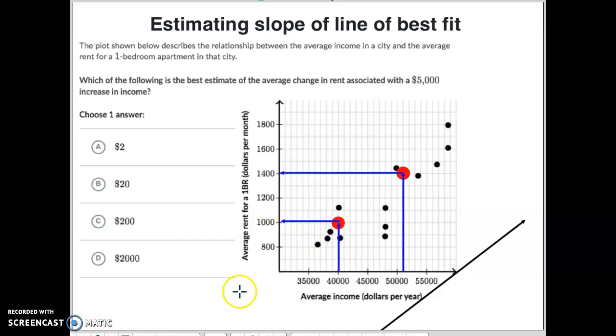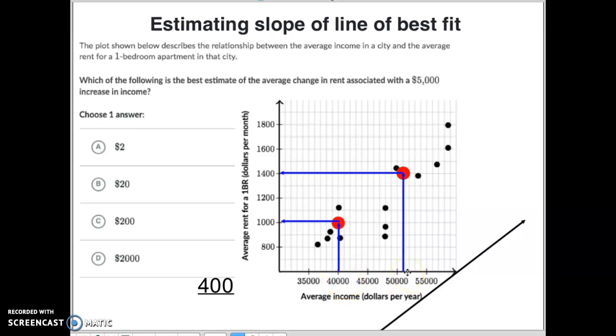Okay, so remember that our slope is our rise over our run. Rise over run is the change in your y coordinates over the change in your x coordinates. Well, how did our y coordinates change in this one? You probably notice from 1,000 to 1,400, they went up like 400. Okay, so we take that number, we put that on the top, and then to go from